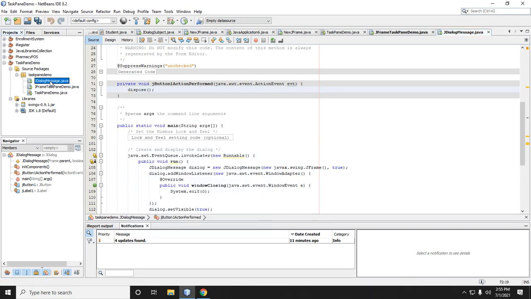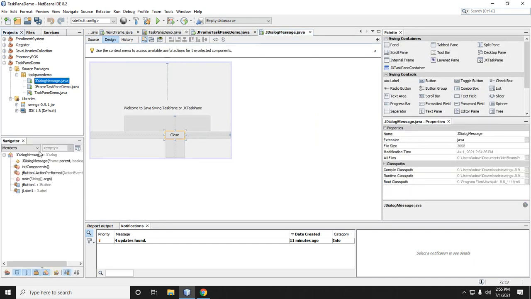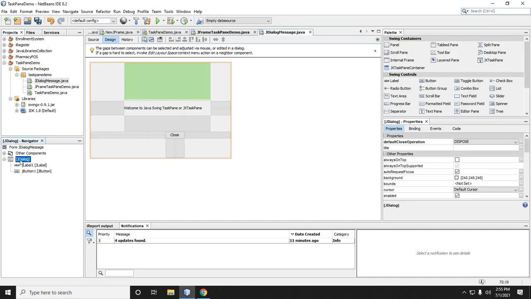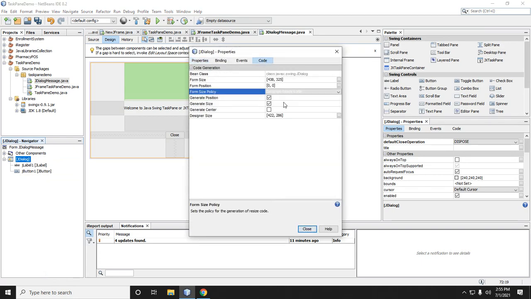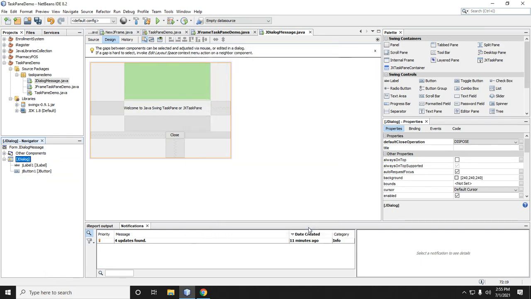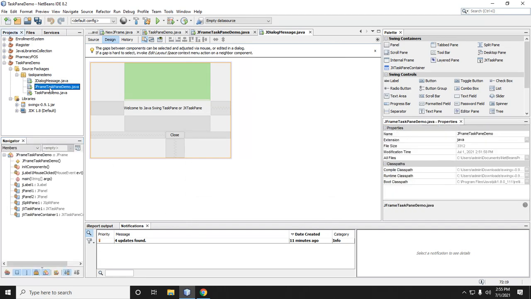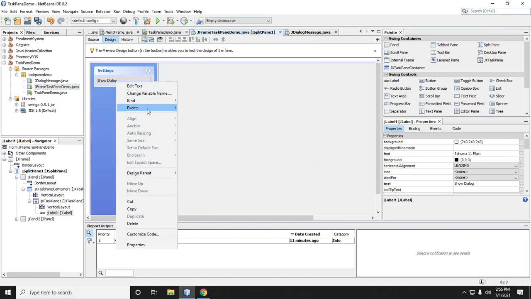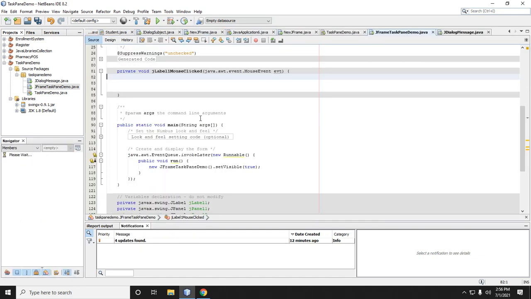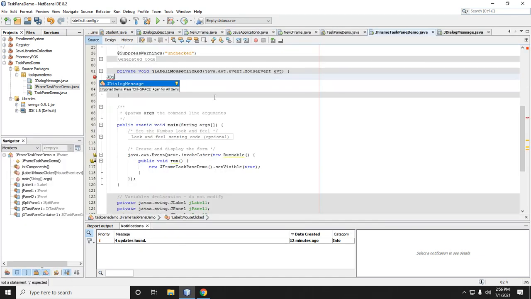Then our container, our dialog, click this one, then right click properties, then code, generate resize code, generate center, then close. Then let's add the command in our events, mouse click, then JDialog message, then m our object,